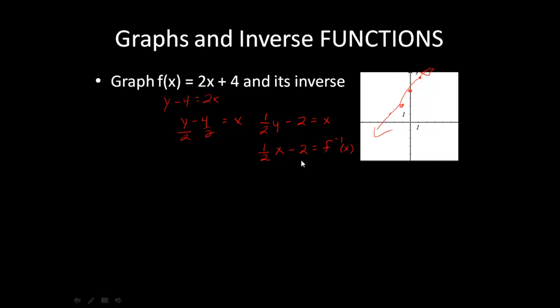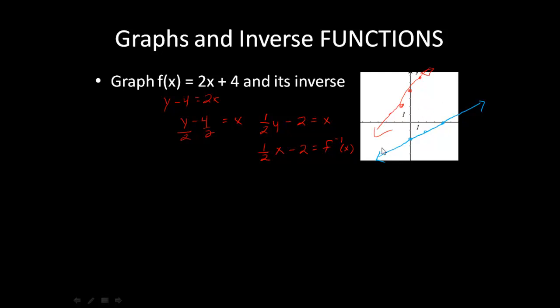When I go to graph that, I want to start down here at -2 for my intercept. And then my slope is 1/2, so I go up 1 over 2. And I get my inverse. So now what we need to do is look at our inverses. And one thing you might notice is that they look kind of similar, but they're going off in kind of